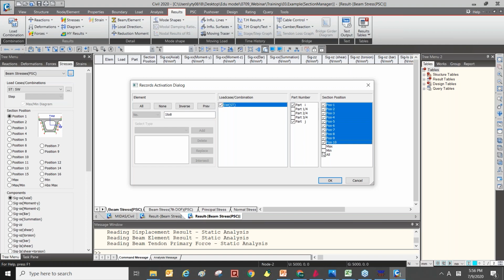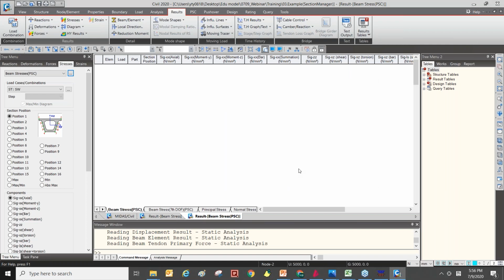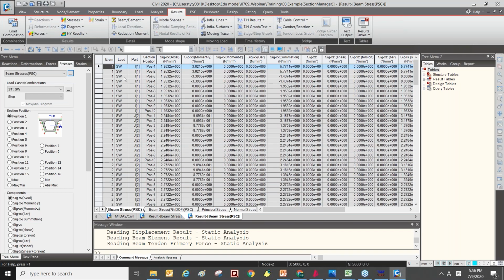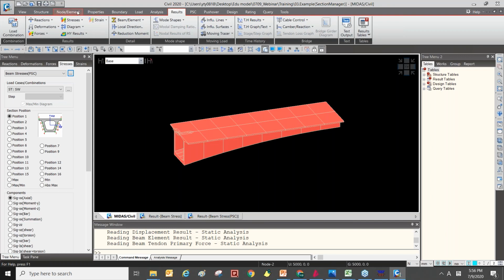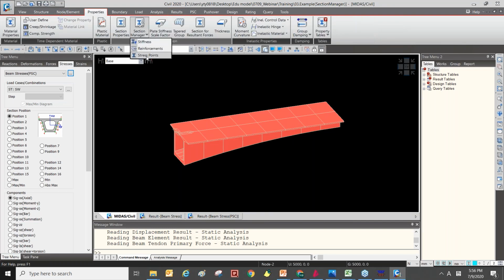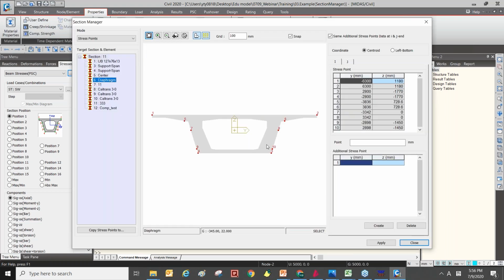So let's see. When you check the results, the table will show the results for the 10 points. So the 10 points can be matched to these 10 points.